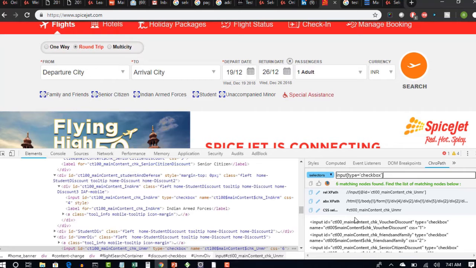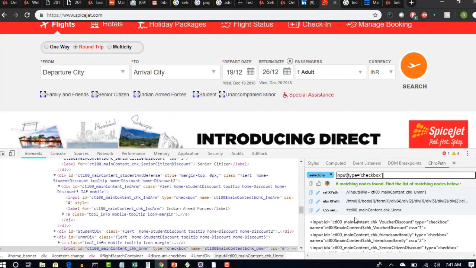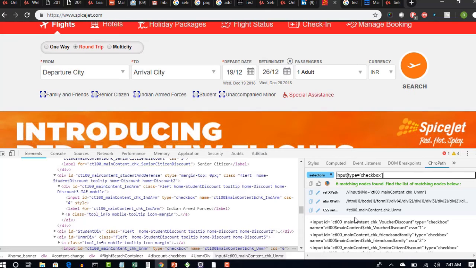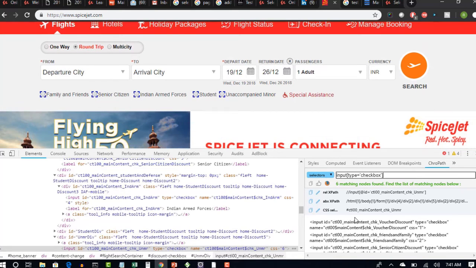So you have simply written a locator which is common to all the checkboxes, and you will get the size of that using a Selenium script. That size is nothing but the count of checkboxes present in the page. Okay, so if tomorrow they add 2 more checkboxes, obviously type will be checkbox, because that's how this website has consistent code.